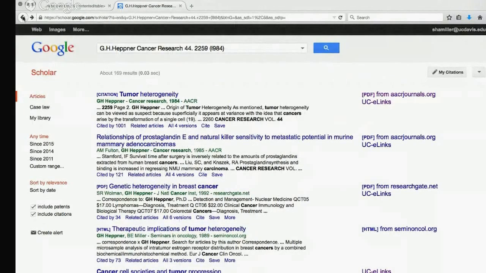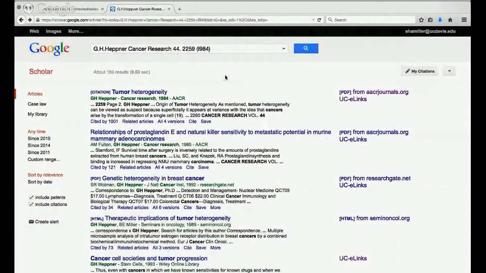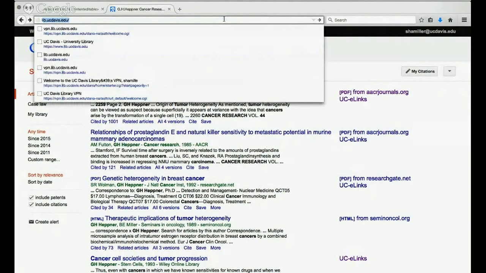And of course, you can search through Google Scholar in the same manner you would search through Google, so you don't have to know exactly what you're looking for in order to find something. Not everything you want to find, however, is going to either appear in Google Scholar or will be reachable via Google Scholar. So let's go to the UC Davis library databases, because that is a place you're going to need to search as well. So it's